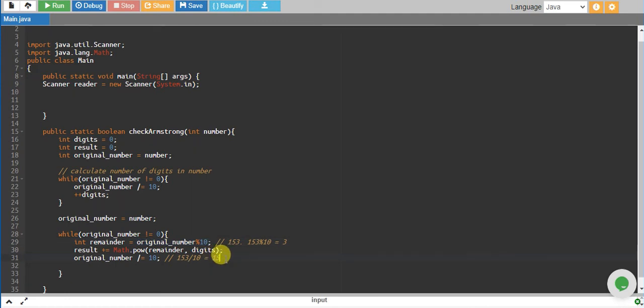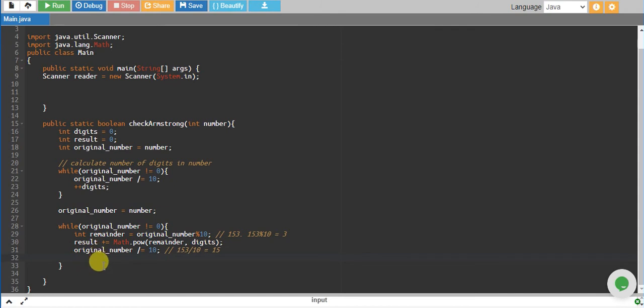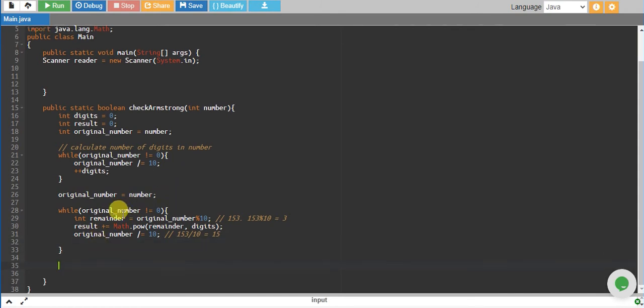So what we are doing in the loop is we are taking one digit at a time, we are finding its power, adding it to the result, eliminating that digit, then iterating over the same number. So after this code right here, we have calculated the result. Now if the result is the same as our number, then the number is Armstrong, otherwise it's not.